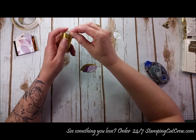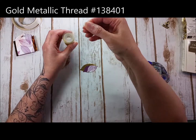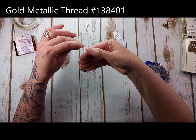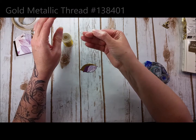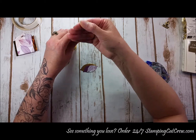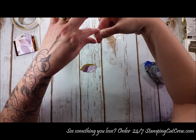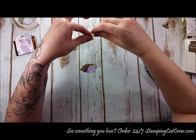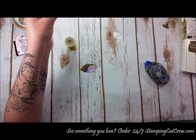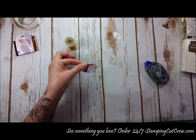This is our gold thread. And if you haven't worked with it before, it's lots of fun. It can create a great accent, but you don't want to take a ton off at one time. And I love it just wound up. So I'm going to start at the top of my hand, and I'm going to wrap 4 times. So that's 1, 2, 3, and 4, and I'm going to let that go, and I'm holding this loop together at the top where that thread is coming out. Just going to grab my snips right there,